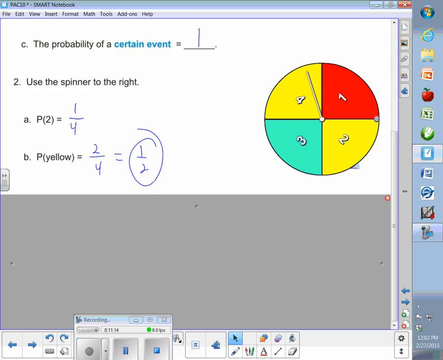7 for 8. 7 for 9. Now, I don't have time to keep going, but I guarantee you, if I keep going long enough, it'll come out 1 to 2. I guarantee you, because that's probability. We had a streak in the beginning, but keep spinning the wheel, and guess what?